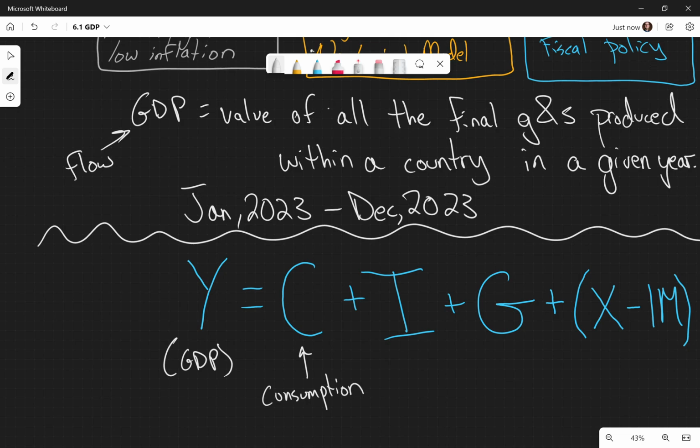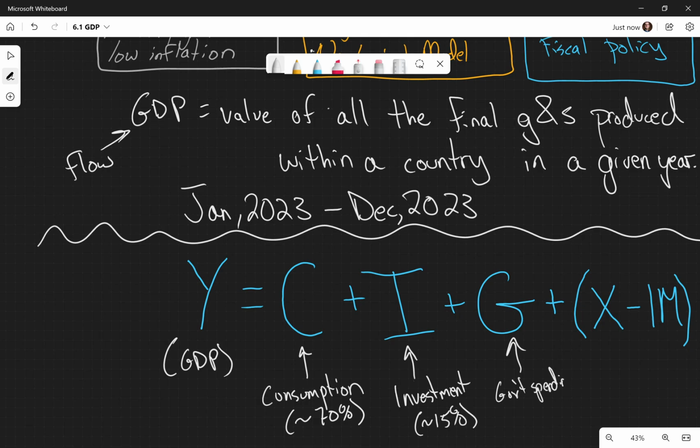So our consumption is a pretty significant chunk of our economic activity here in the United States. I think it's like 70%. Investment is around 15%. Government spending, again, around 15%. Well, it's probably, let's say, around 20% these days, honestly. And then our net exports